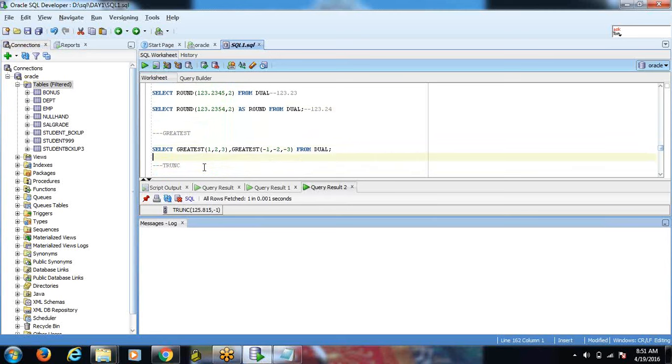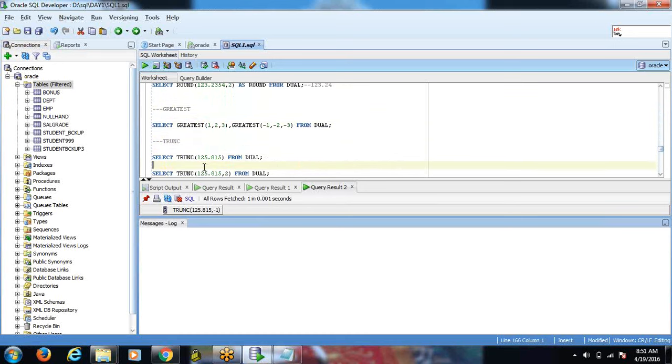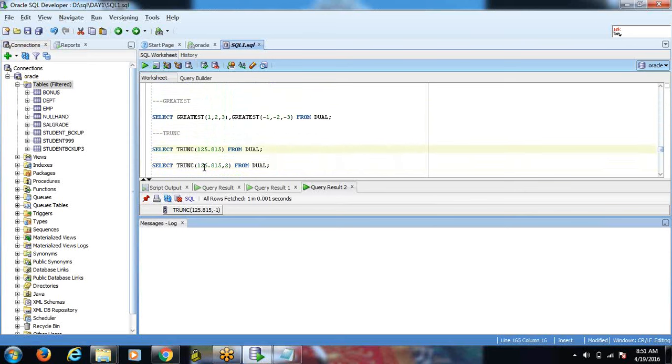And then the greatest. Greatest will compare and return the greatest number among the given numbers. And then truncate. Truncate will trunk, that means remove the values from the specified position. If the position is not specified, the entire values after the point will get removed.